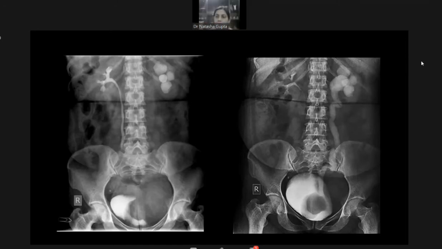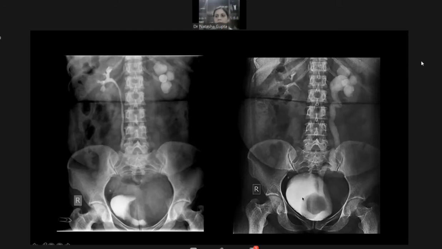2 separate pathologies, you mean? Yes, ma'am. See, when you try to correlate all the findings, it is quite unlikely that there would be 2 totally separate pathologies. Of course it is not that it would be impossible, but the first effort should be to correlate whatever findings are there and try to fit them into one.